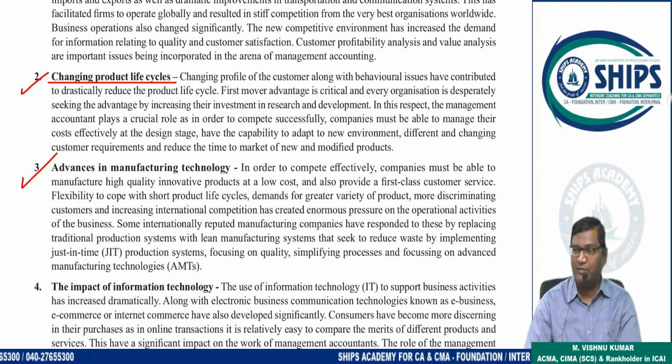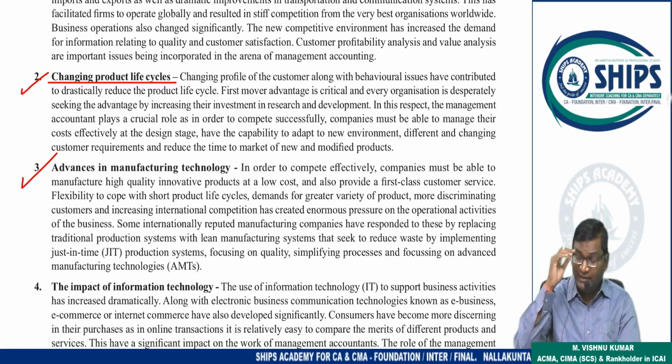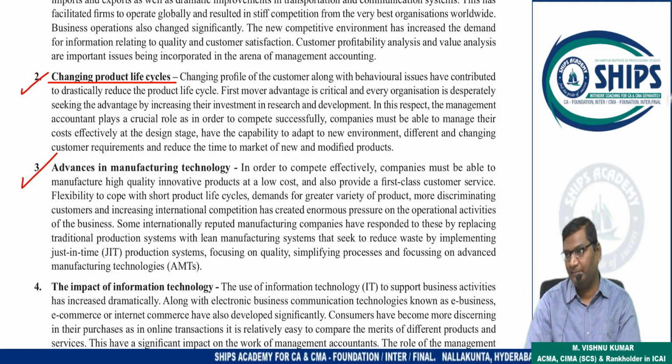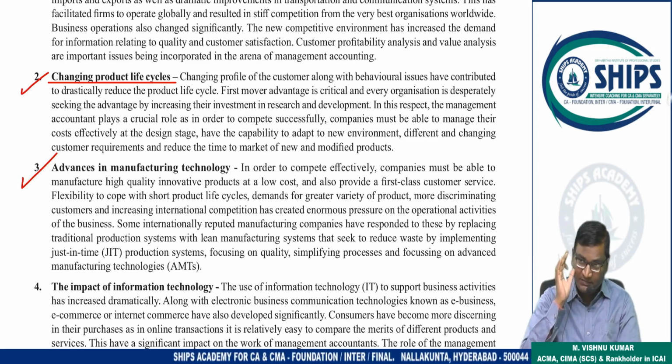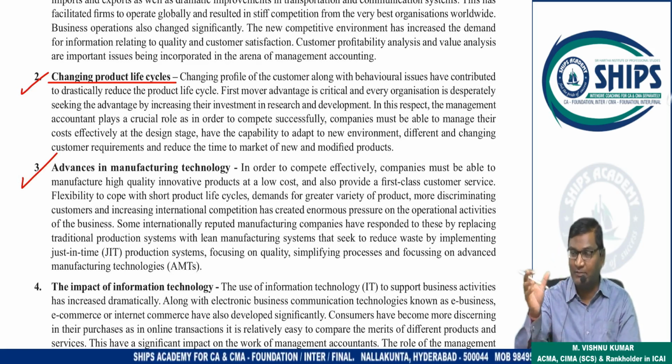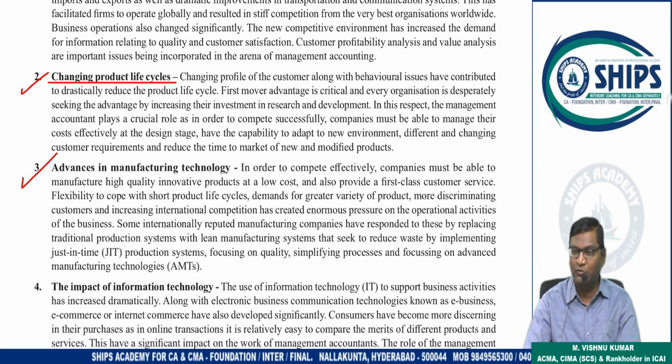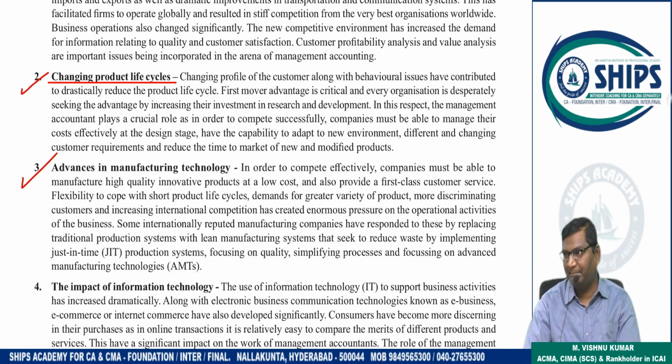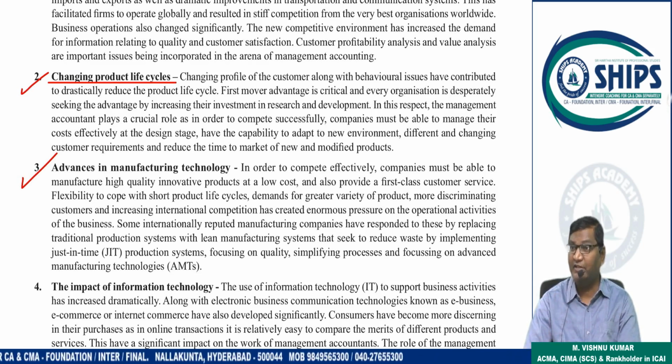Previously, if they are using some traditional techniques, they have to switch over from those to new techniques. Like previously they were using overhead accounting. Now the management accountant has to advise about activity based costing. Suppose previously they were using the traditional system of purchasing the material and manufacturing the goods. Now they have to shift from traditional to just in time. Suppose you want to purchase a Mahindra car, a big car costing 30-40 lakh rupees. If you go to the market, ready-made it is not available.